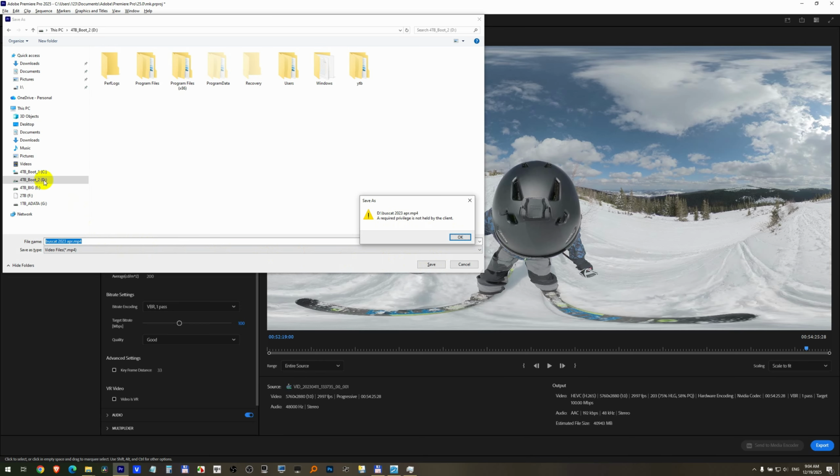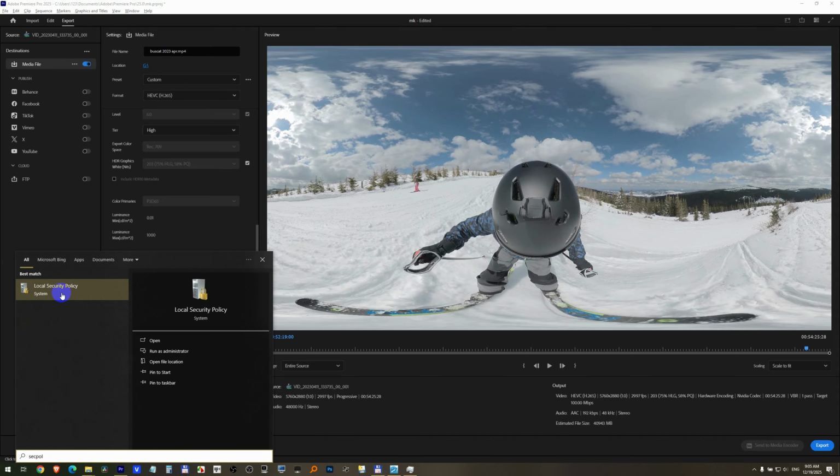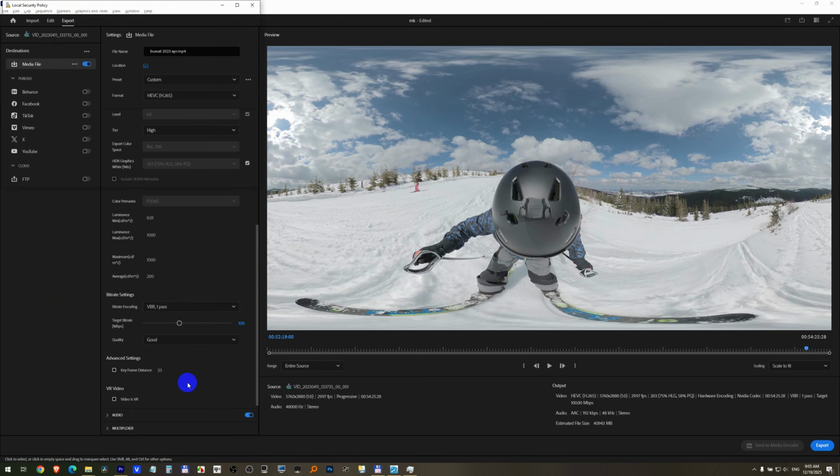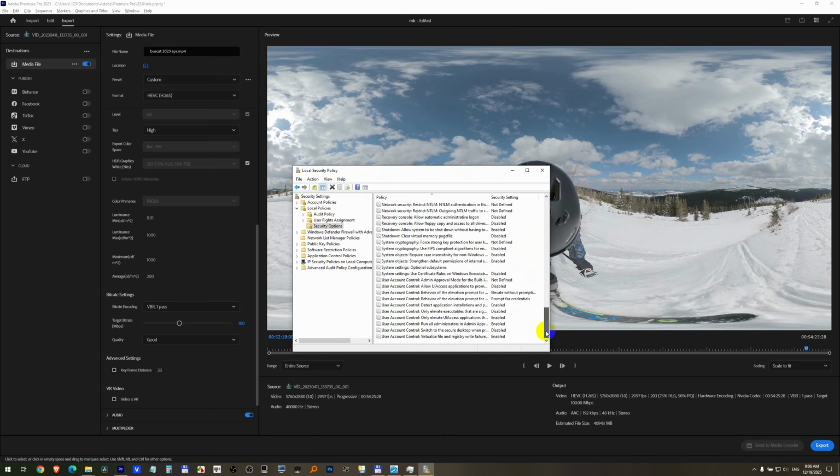So to fix this problem, go to the start menu, type in SECPOL, is this one, local security policy. The home version of Windows 10 does not contain this. So click on local security policy, local policies, double click on it, security options, and here on the right side go down to user account control,